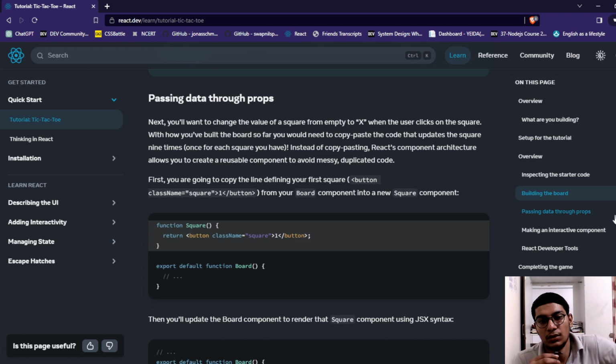Next, you want to change the value of a square from empty to X when the user clicks on the square. With how you built the board, you would need to copy paste the code that updates the square nine times. Instead of copy pasting,